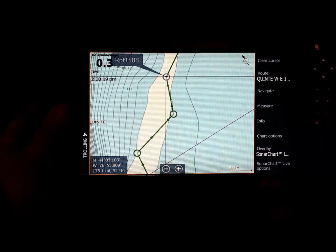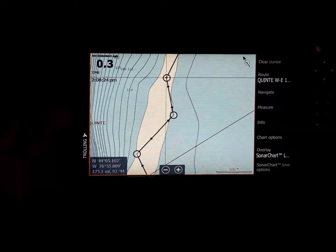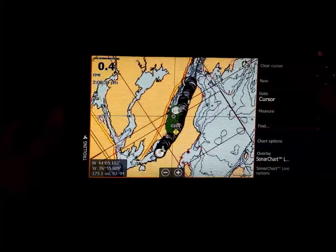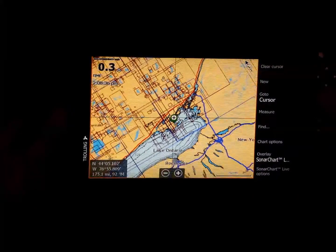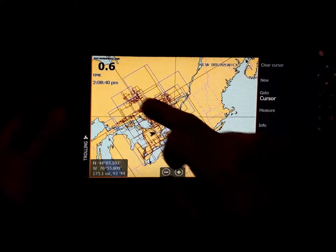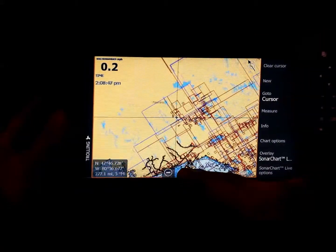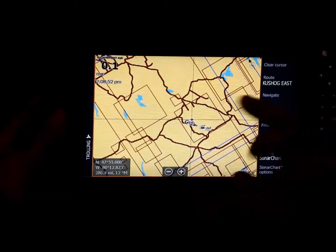I'll go to a totally different spot. Now this lake that I'm going to show you isn't actually mapped on Navionics. So I've done sonar charts live, but I was having issues with that this year. But typically when I go to this lake, it's a lake where I'll do a lot of casting along the shoreline, usually for northern pike and whatnot. So what I'll do when I go up the first time, because it's not actually mapped and the weed beds come in some spots